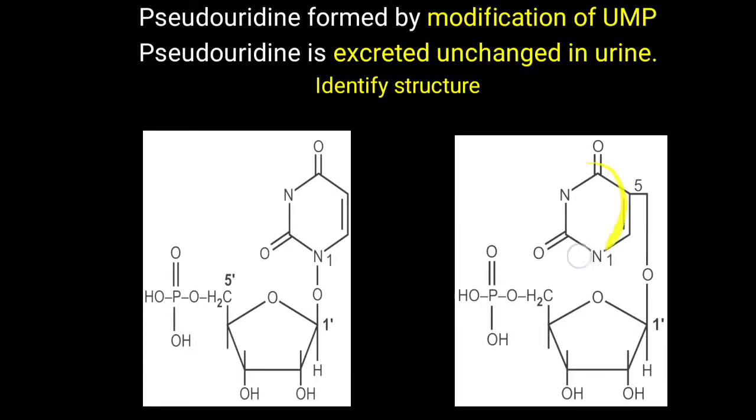So first of all, you have to remember there is a 2,4-dioxopyrimidine, which is simply uracil. Here the ribose phosphate is there, and because of the hydroxyl group over the second carbon, it is ribose sugar. So that is simply a UMP structure. But you have to remember the main difference. The CN bond is normal, but the CC bond is the abnormal characteristic, and it indicates particularly pseudouridine. So this one is related to pseudouridine, and this one is particularly uridine.